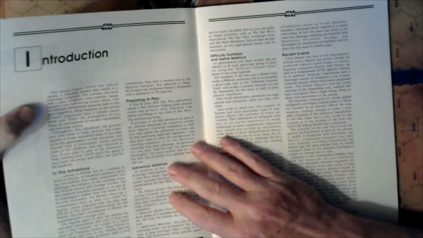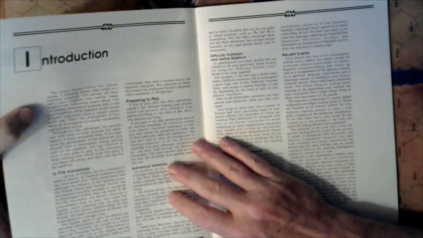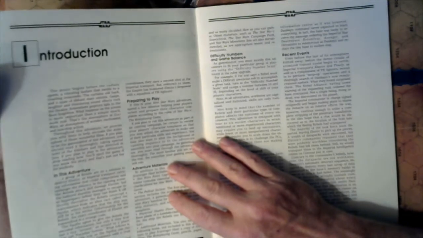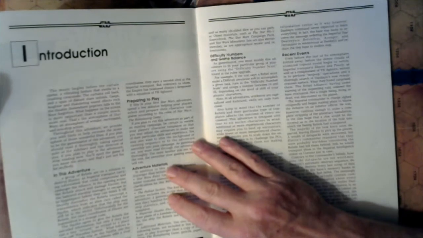Music begins where the curtain opens, a vibrating fanfare swells into the crashing crescendo. The curtains roll back and a span of distant stars unfolds. Gasps, laughter, and thundering sound effects rock the theater. Somewhere popcorn falls to the floor forgotten. What happens on the screen is more important than the simple snack, more real. That's the atmosphere of Star Wars, the atmosphere of wonder, excitement, and non-stop action. Throughout this adventure, we provide you with hints to help recreate that atmosphere of those wandering films, blah, blah, blah,